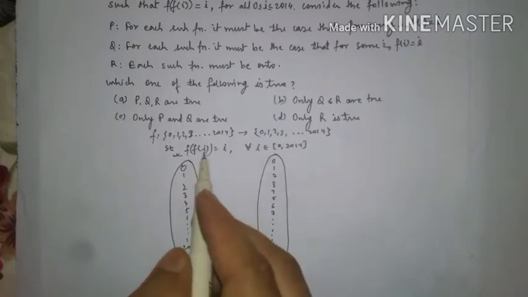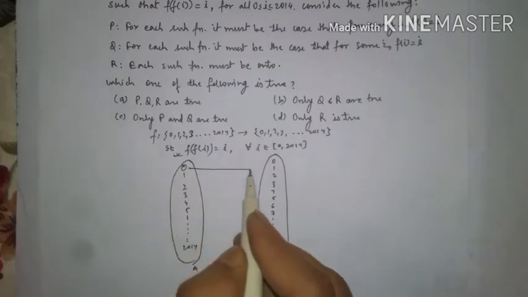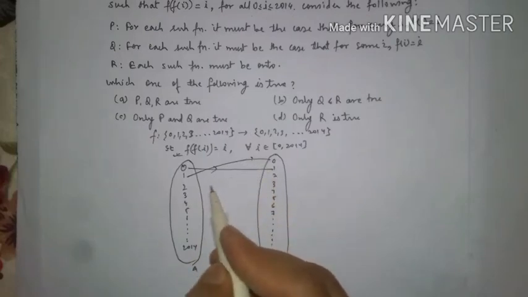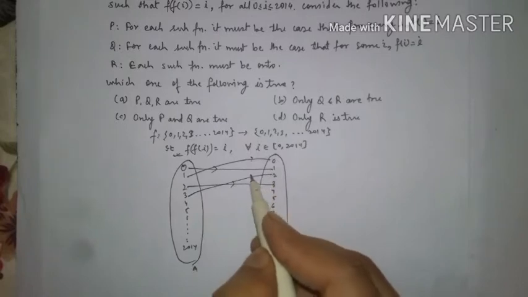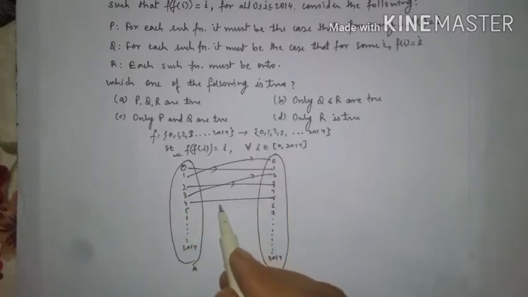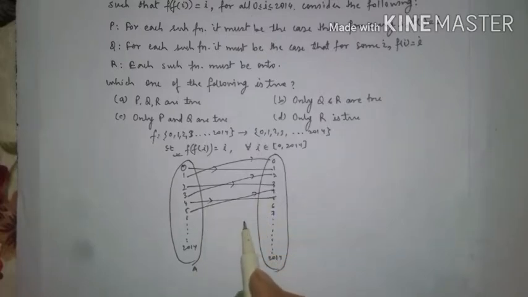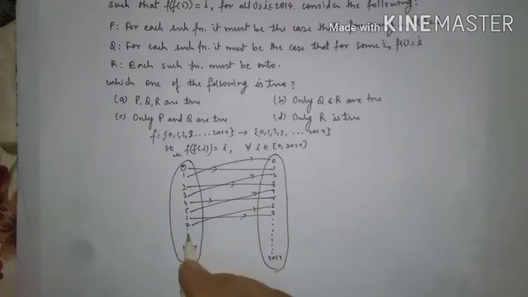Now in order to satisfy this condition, I have designed a function in such a way that 0 will be mapped to 1, 1 will be mapped to 0, 2 is mapped to 3, 3 is mapped to 2, 4 is mapped to 5, 5 is mapped to 4, 6 to 7 and 7 to 6, and so on alternatively following